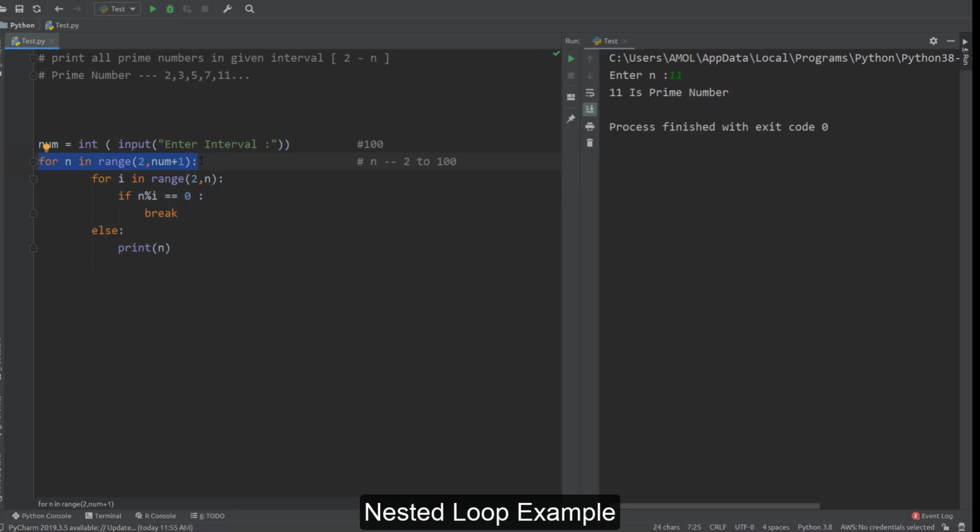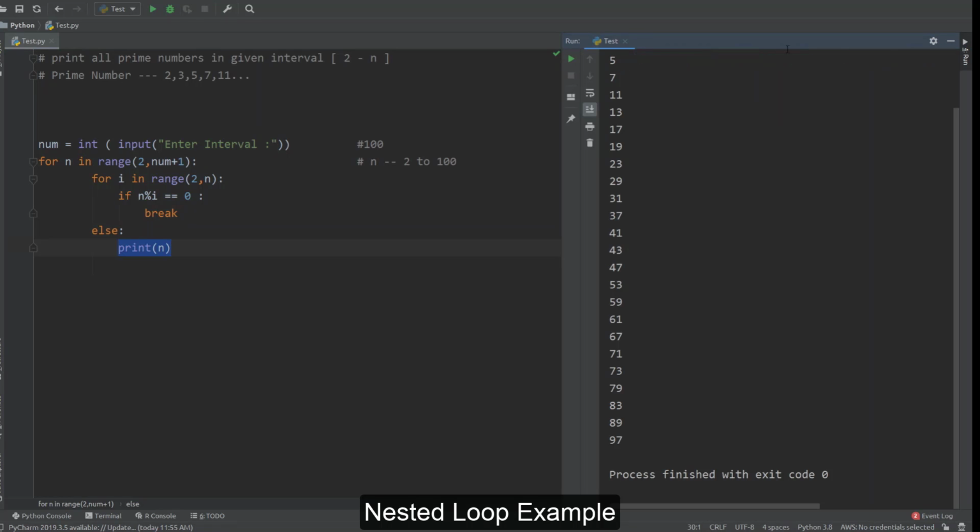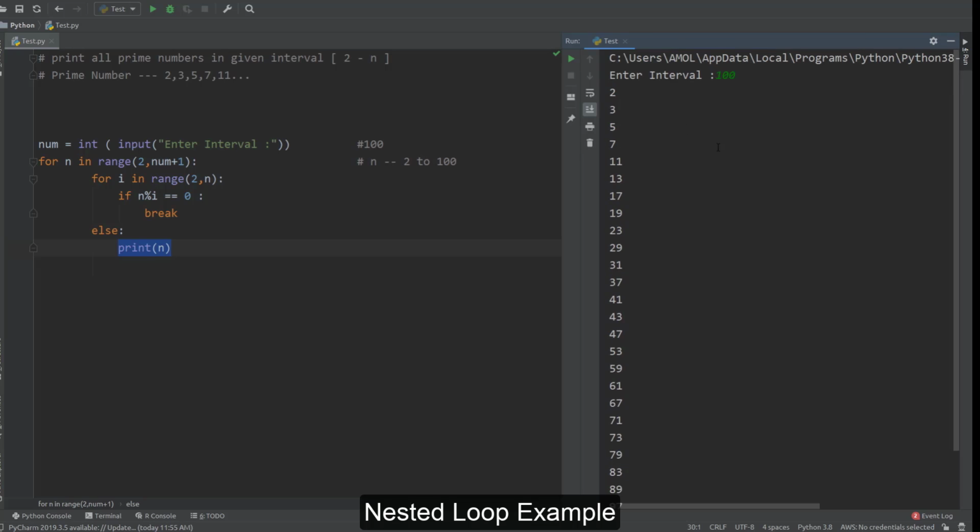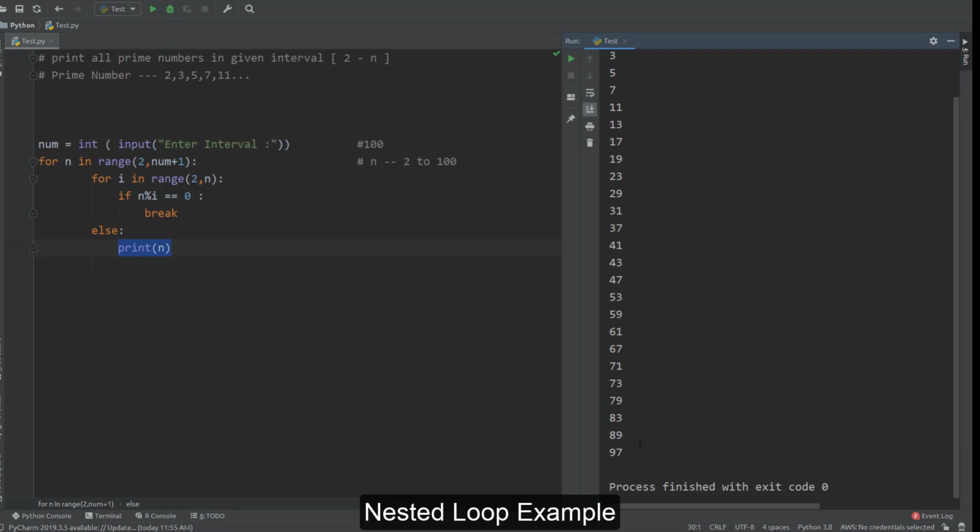One for loop runs from 2 to the respective value. This for loop works for every number, running from 2 to n, and it checks whether it is a prime number or not. If it is a prime number, we just print it here. Run this code. Here we are entering the interval as 100, so it prints all prime numbers from 2 to 100. You can check all prime numbers from 2 to 100. So this is how we can nest loops. We can even nest it while to for to while,